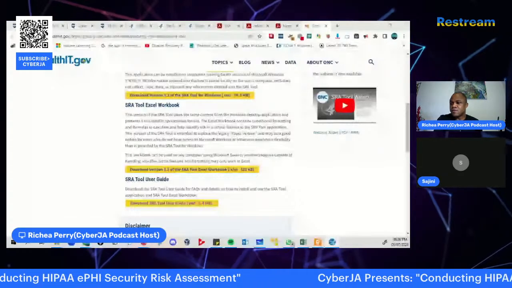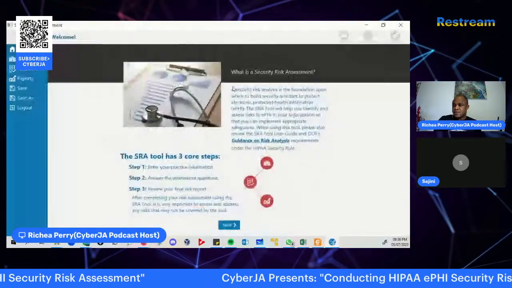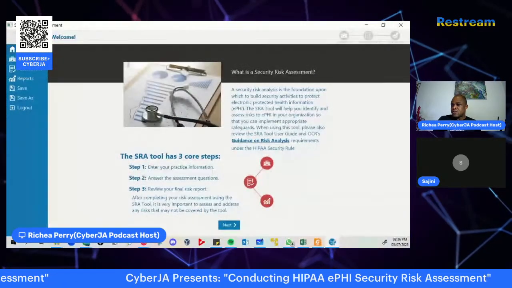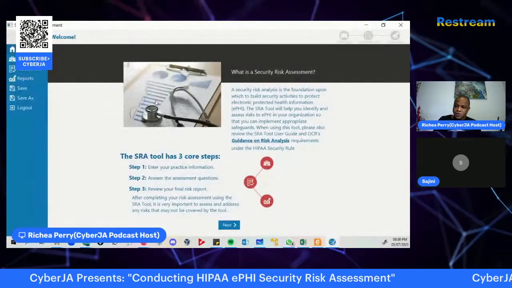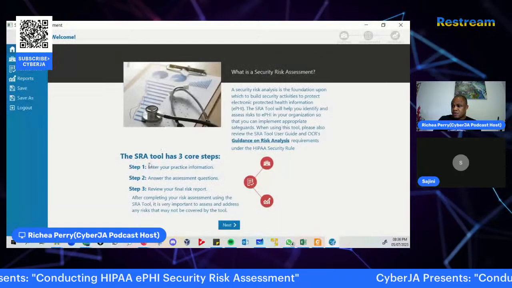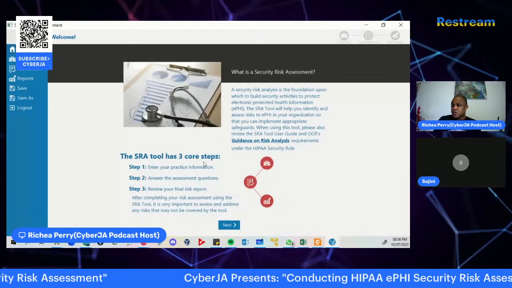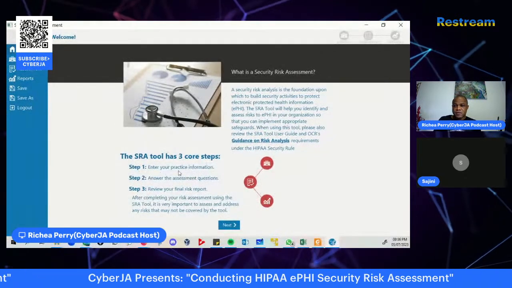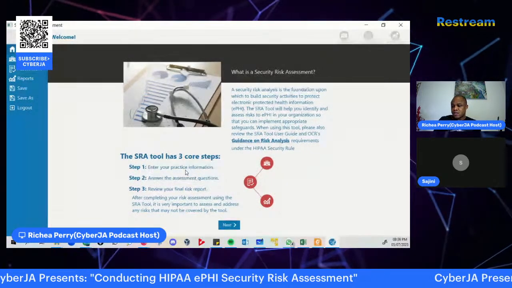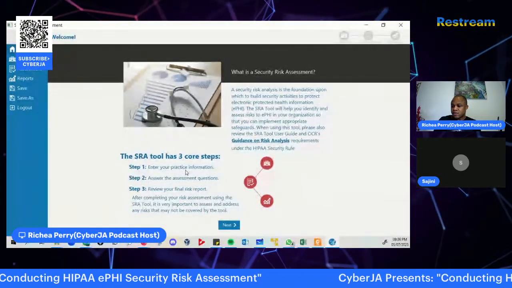All right, so this is what the tool actually looks like once it is installed, and it is broken down into three core steps. The very first one is to enter your practice information, whatever the medical institution or organization you are working with.